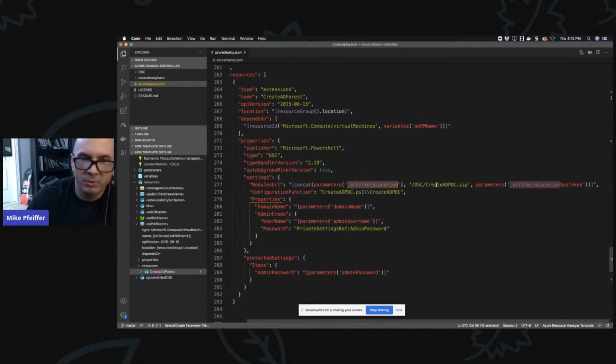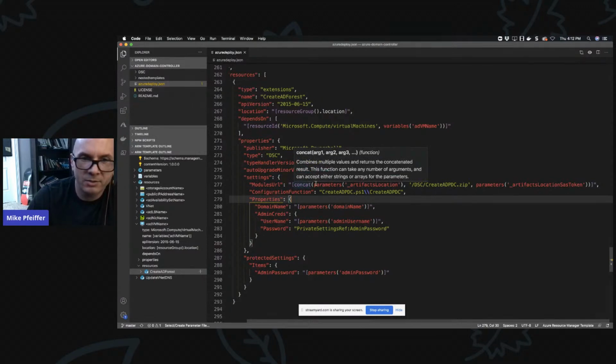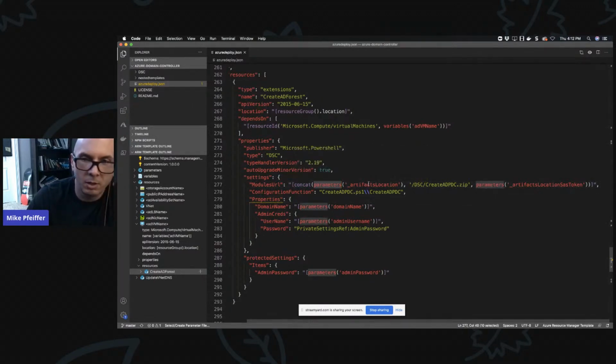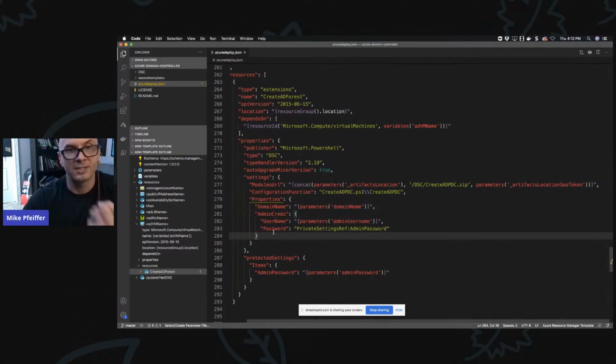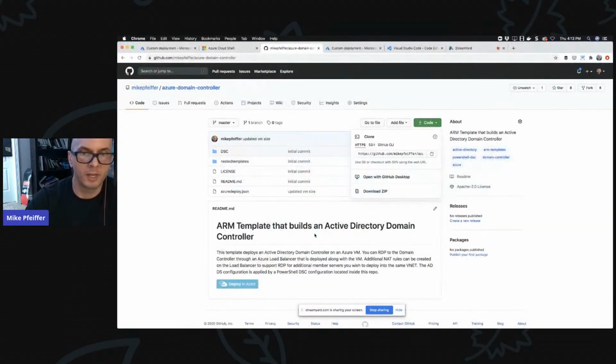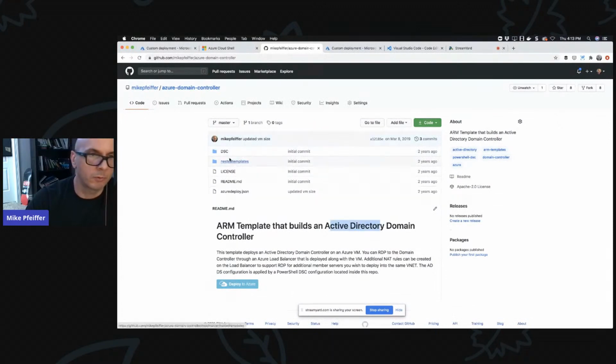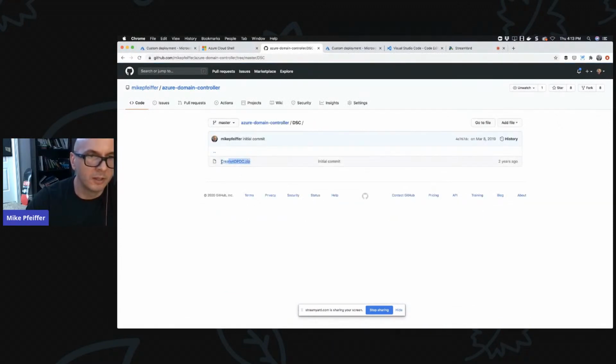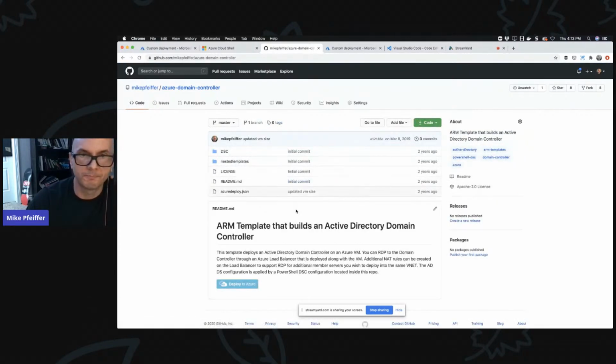And this is a good example of them concatenating a bunch of stuff together. See this little function right here? Concatenate. So they're pulling together a couple different input parameters along with the file name to construct the full path to the code that we need. And it's just going out to GitHub, grabbing the DSC code, and then that machine runs those scripts to turn itself, in this case, into a domain controller. So if you were to reverse engineer all the code in here, there's a bunch of PowerShell code that builds a domain controller, which is pretty cool.